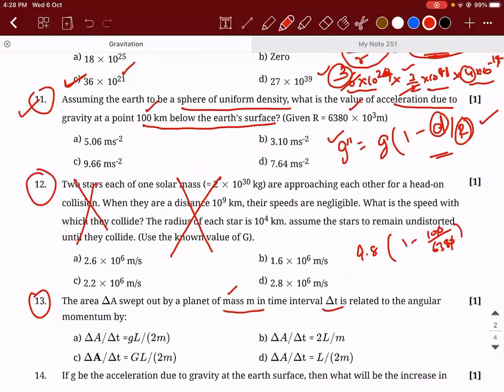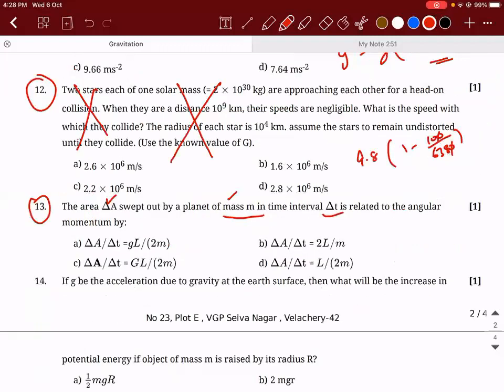So 13th one, the question says if the area swept by the planet is delta A in the time interval delta t, then the angular momentum is related to the areal vector and the time given by which expression. So if you look about